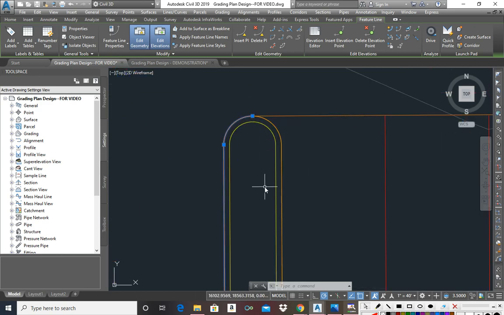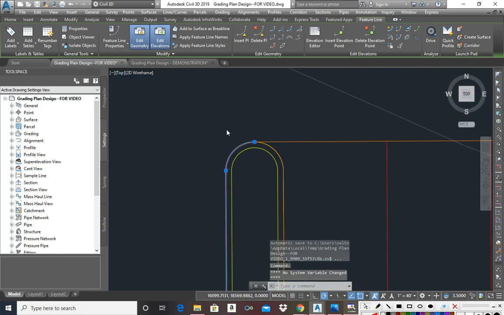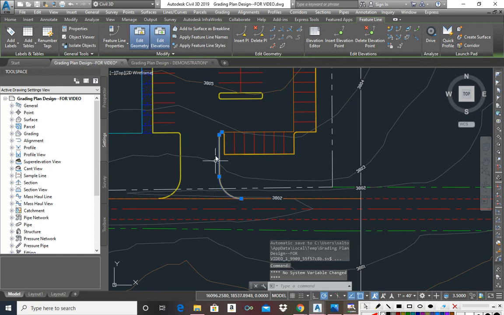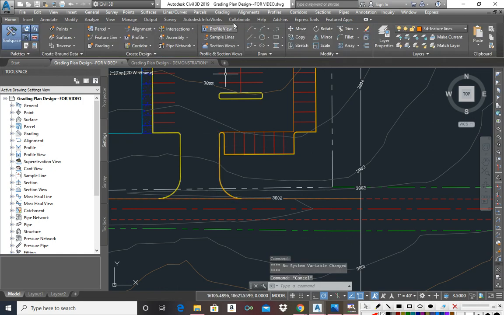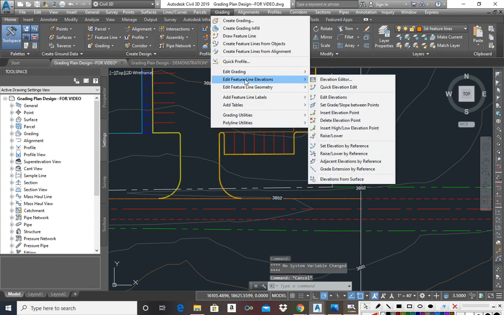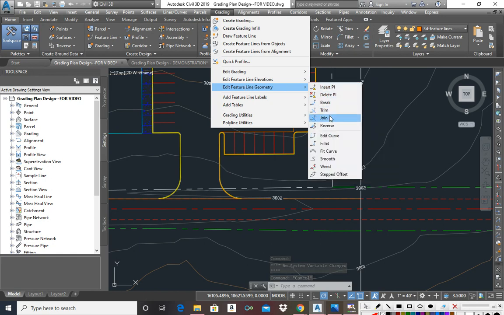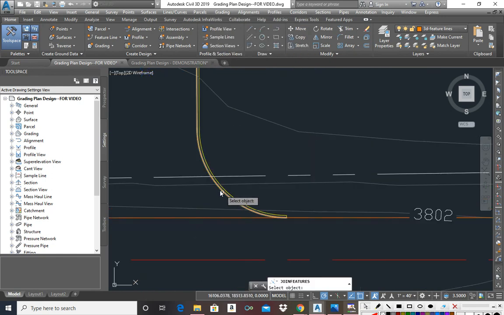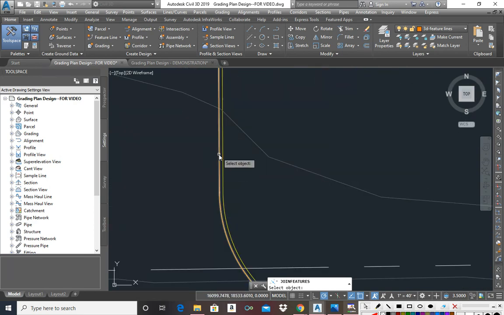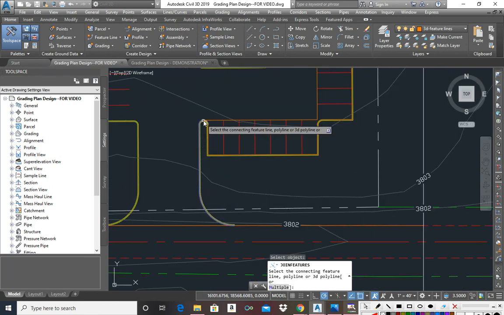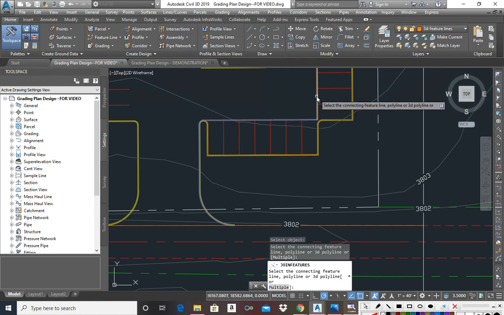Once I did that break command on the previous video, for some reason or another, it joined these lines already. If yours didn't do it, that's fine, because all we're going to have to do is go back and edit feature line geometry and join. So if it didn't join it, you'll still have to come back and select this arc and this line. But mine did already. So I'm going to go ahead and select that entire segment, but I'm going to also join it with this line and this one